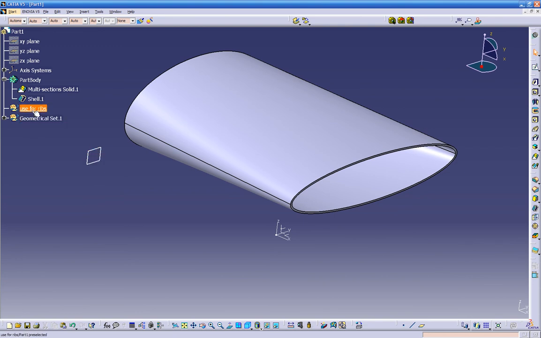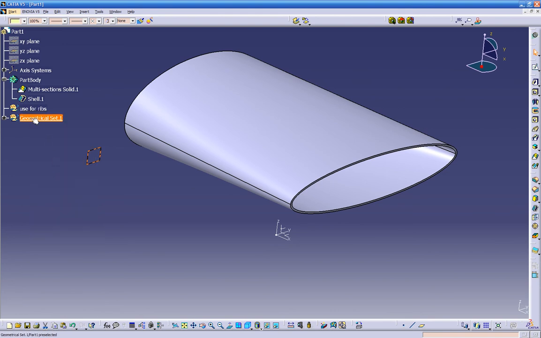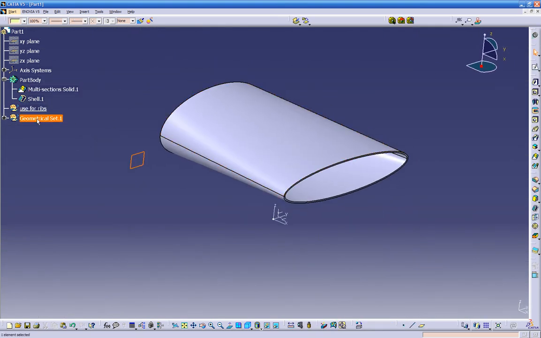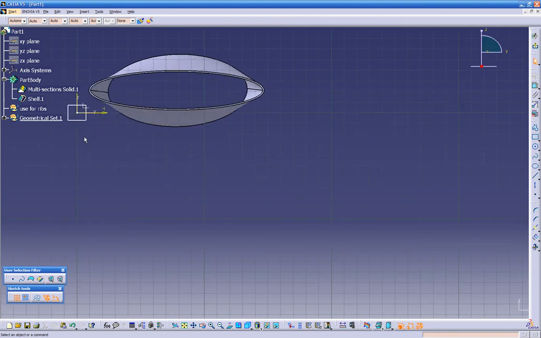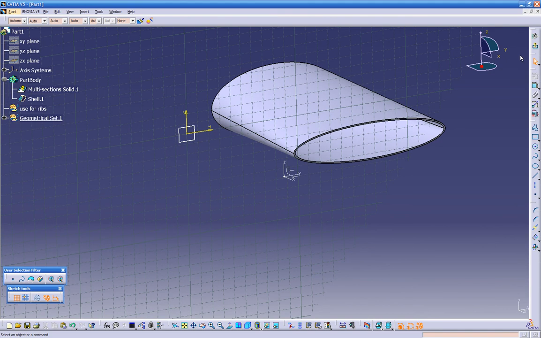You see the line underneath? That means it's defined in a work object. If I click it right here, I put define in a work object. Everything I'm going to build is going to come under this folder. So for instance, if I want to build any sketches, it's gonna go under this folder. Okay, so if we get out and let's do define under other objects, and if I want to build a sketch, it's gonna go under this folder. So right now the sketch is gonna be under this folder, but we don't want that. So let's get out,